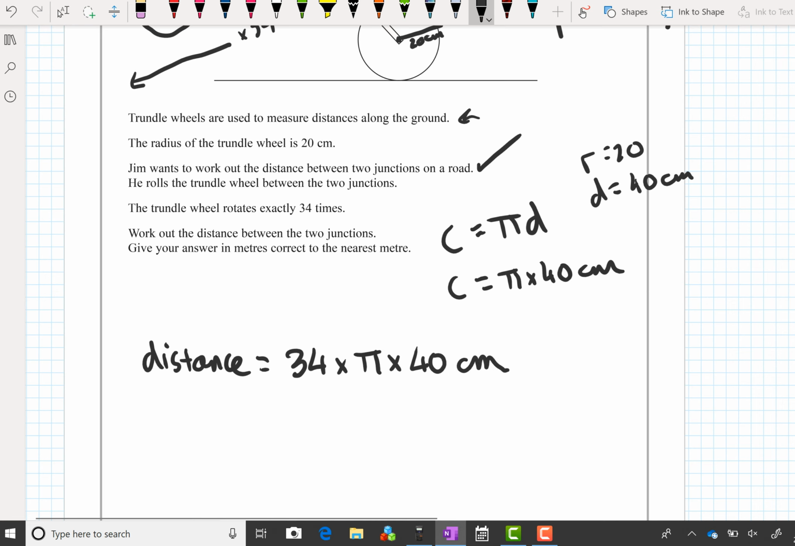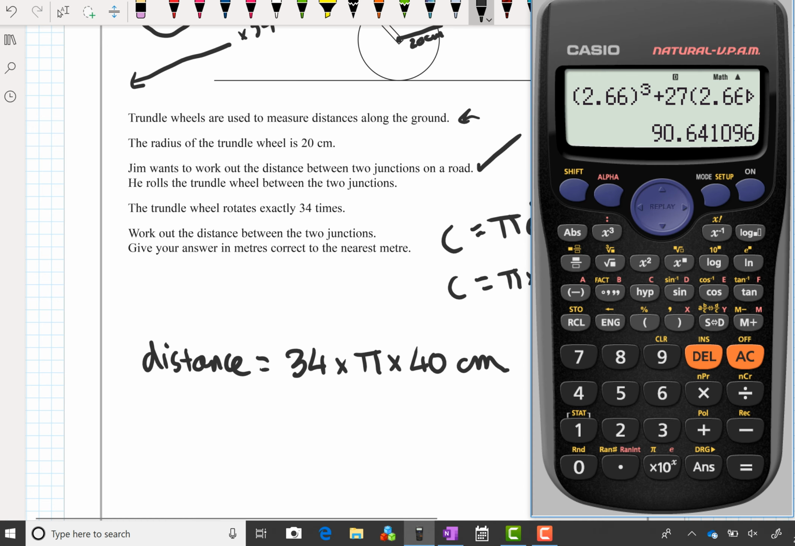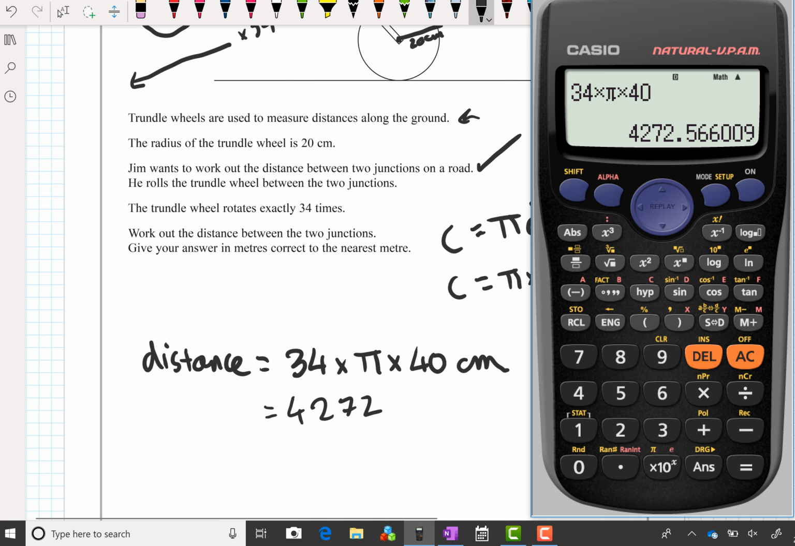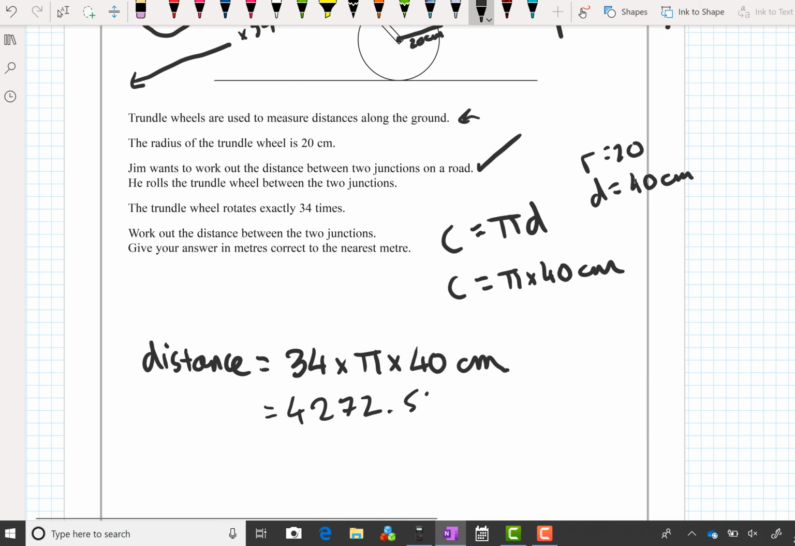So once I get this, if I do 34 times pi times 40, I get an answer of 1,360 pi, which is 4272.566009. We could write that down. That's in centimeters. Now, into meters we need to divide by